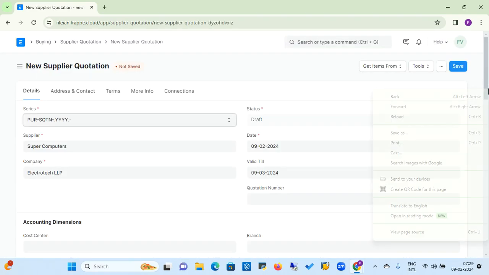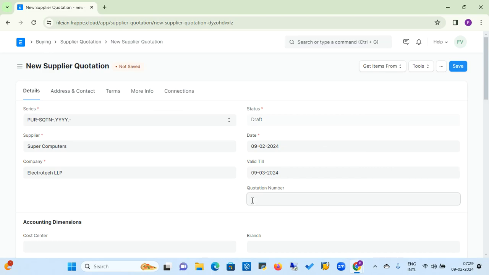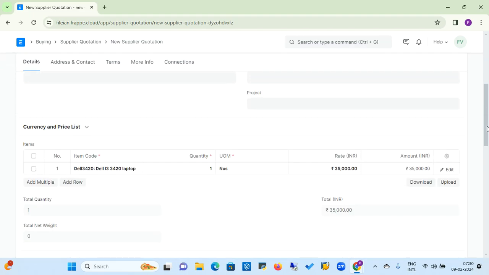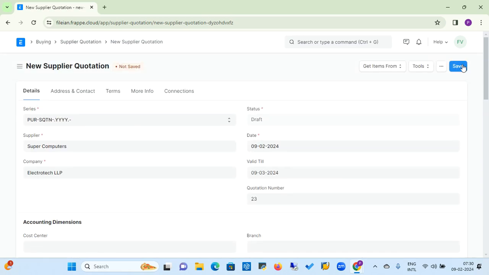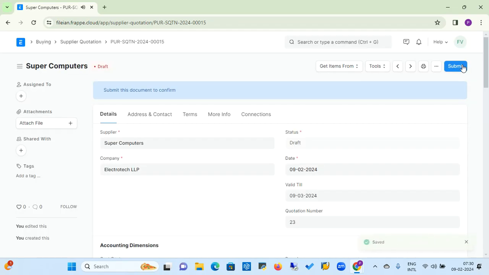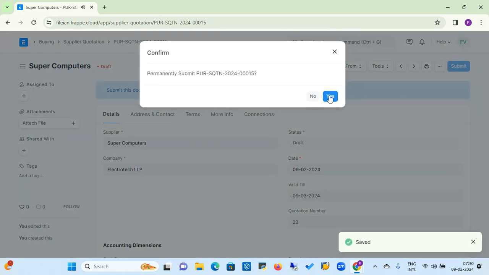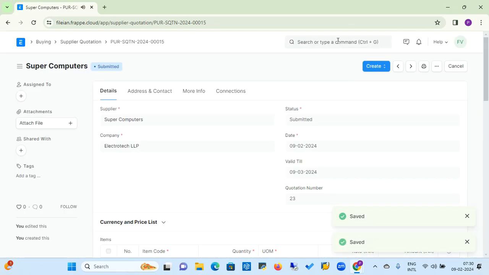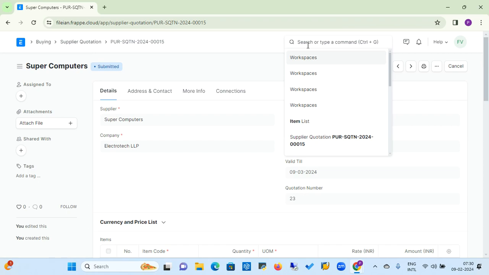Here now we have selected this. I'm going to enter the supplier quotation number, and now I'm going to enter the rate. This supplier gave us a 32,000 rupees rate, and now we are saving this, submitting this. This way you can generate a request for quotation. If you want to check the